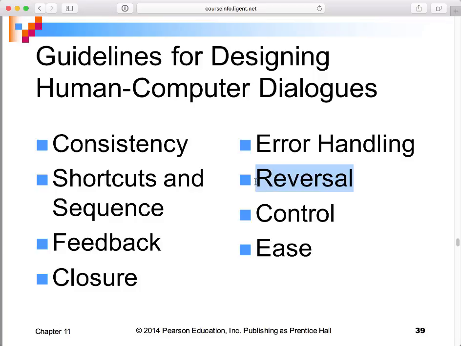Reversal is one really interesting thing, okay? You don't see this a whole lot in the custom application systems, but you do see a lot in our desktop applications. This undo capability is very, very important to people. A lot of times, you'll find that some of the bad interaction design comes from an inability to reverse things. Like, I'll tell you, there's one application I use a lot, the Eclipse